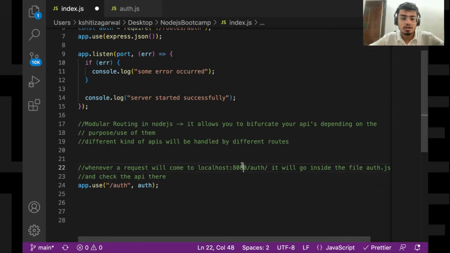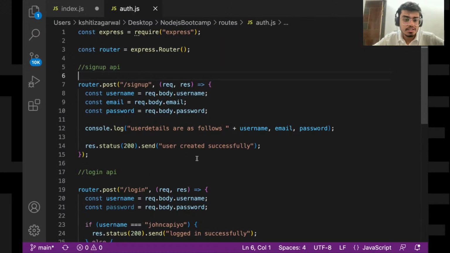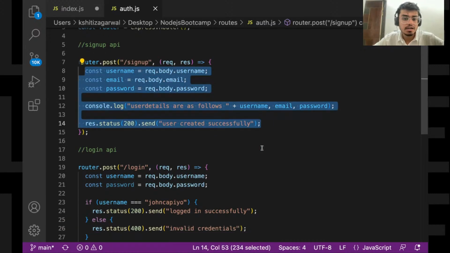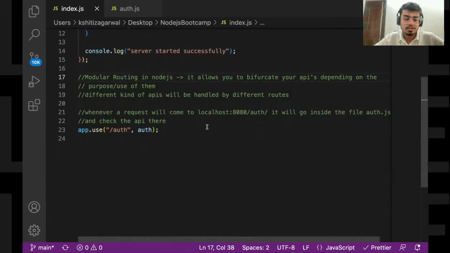What do I mean? Let's say some request comes to localhost 8080 slash auth slash login, or signup, or xyz. Whenever such a request comes, where will it go? It will go to this file. It has imported auth, right? So this auth was nothing but this file. So it will go inside this file and check if that endpoint exists or not, and if it exists, then it will come inside it and perform the operations accordingly. That's it.